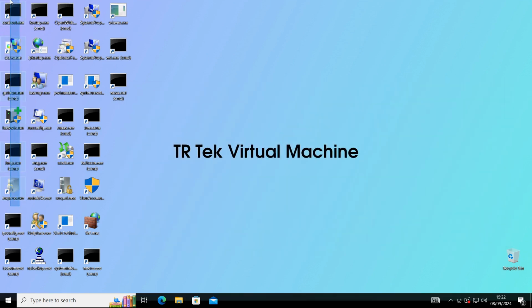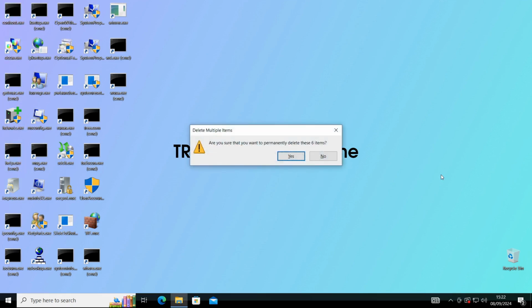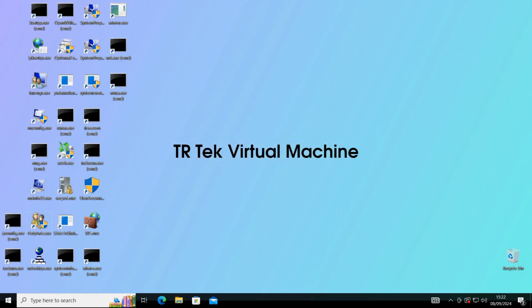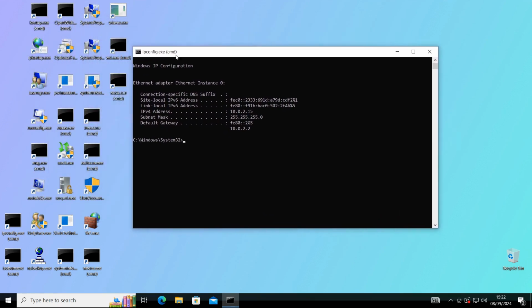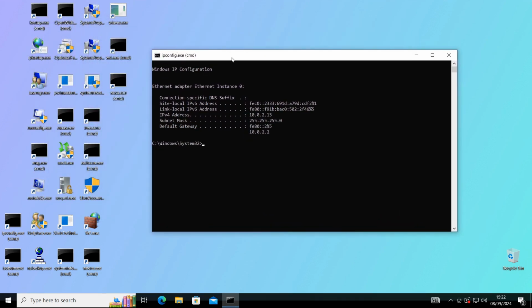Alright, and how about we just delete all of these as we go? But anyway, next we have ipconfig, which I actually showed before when I was demoing getmac. But anyway, what this program lets you do is just look at the